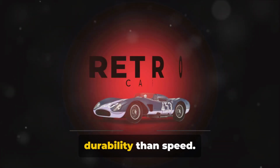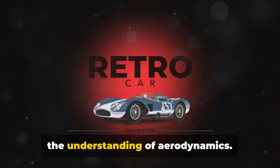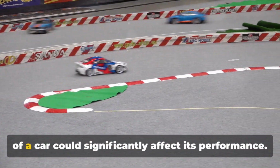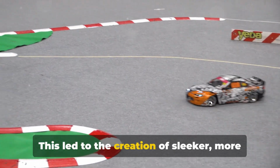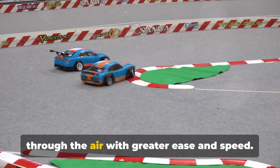In the early years of racing, cars were bulky and heavy, with an emphasis more on durability than speed. However, as the years progressed, so did the understanding of aerodynamics. Designers began to realize that the shape of a car could significantly affect its performance. This led to the creation of sleeker, more streamlined vehicles that could cut through the air with greater ease and